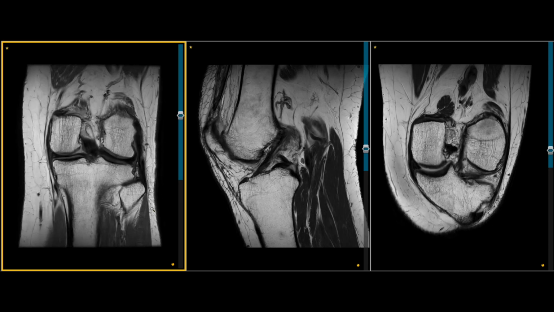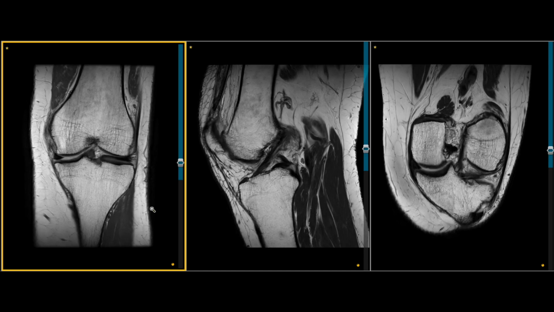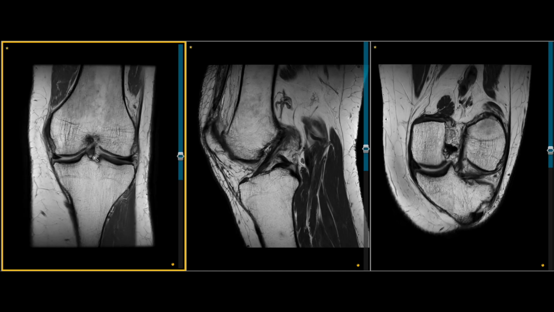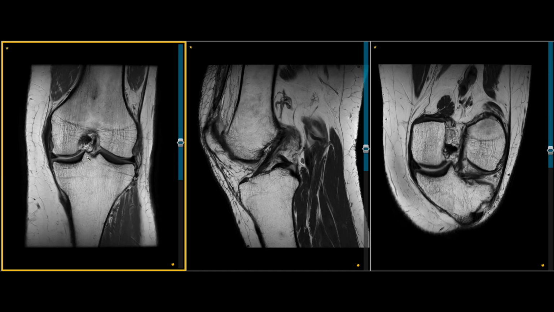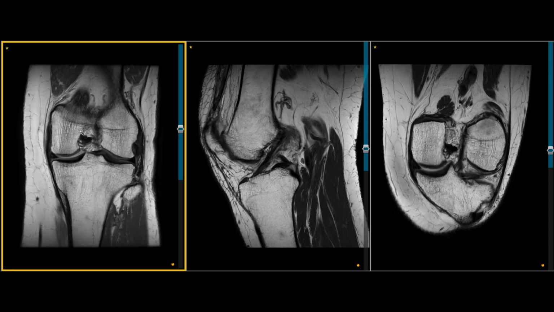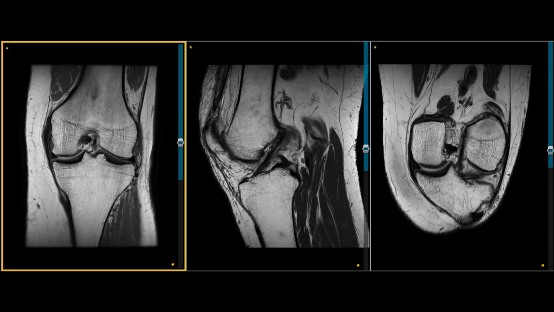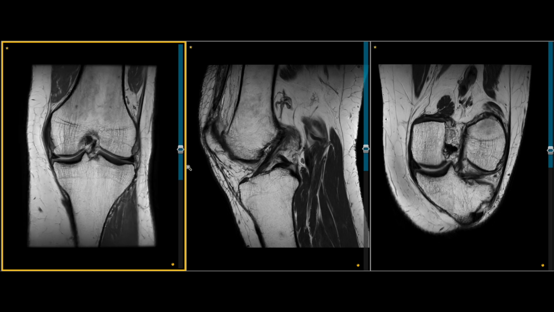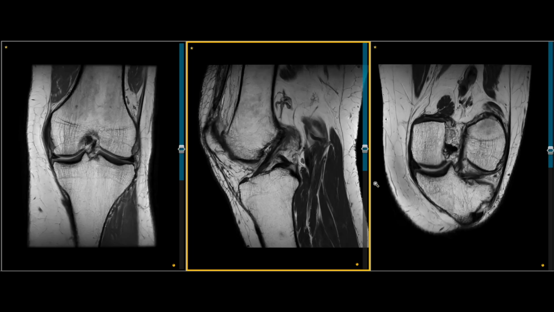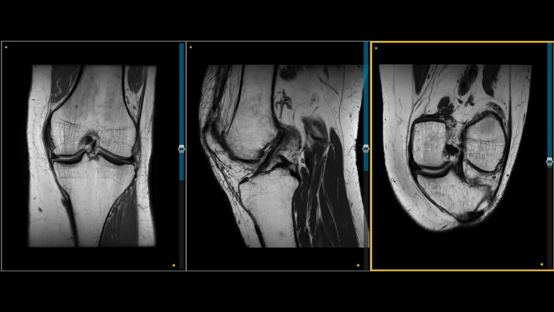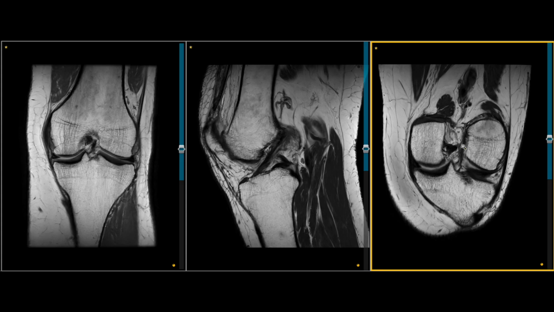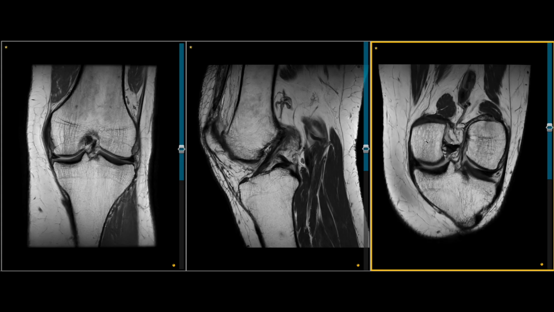But as you scroll on the coronal images, the ACL fibers here closer to the tibial end are of a greater thickness than the fibers that are closer to the femoral side of the ACL. This can then be confirmed on the sagittal sequences as well as our double oblique sequences. And on the double oblique sequences here, you have the native thickness of the ACL, but as you get closer towards the femoral side the ACL does appear significantly thinned,